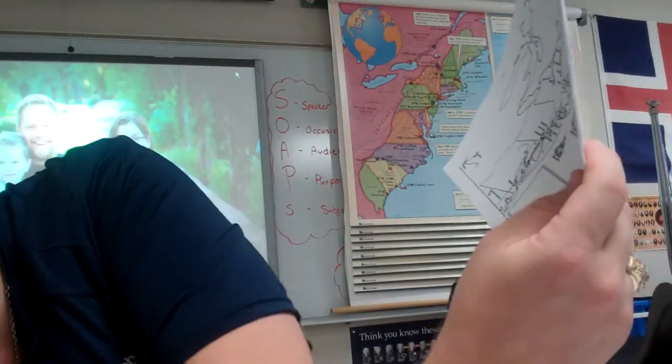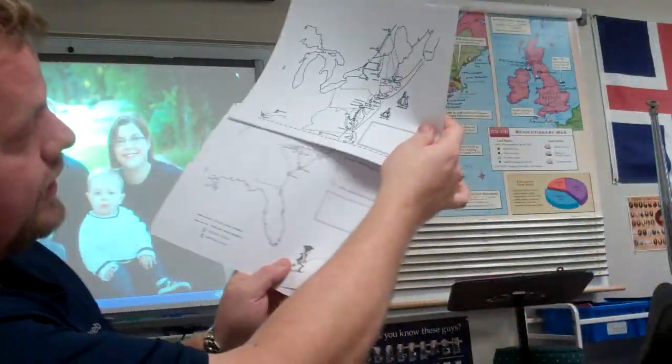What else do I have here? Okay. Then the next activity that we did for the war, actually realizing where certain battles are located, I gave you this packet right over here that had great information on the major battles of the Revolution, and you had to put it together on a map where we had different components. Here's the upper half. Okay, here is the lower half, and we put together major battles of the American Revolution.